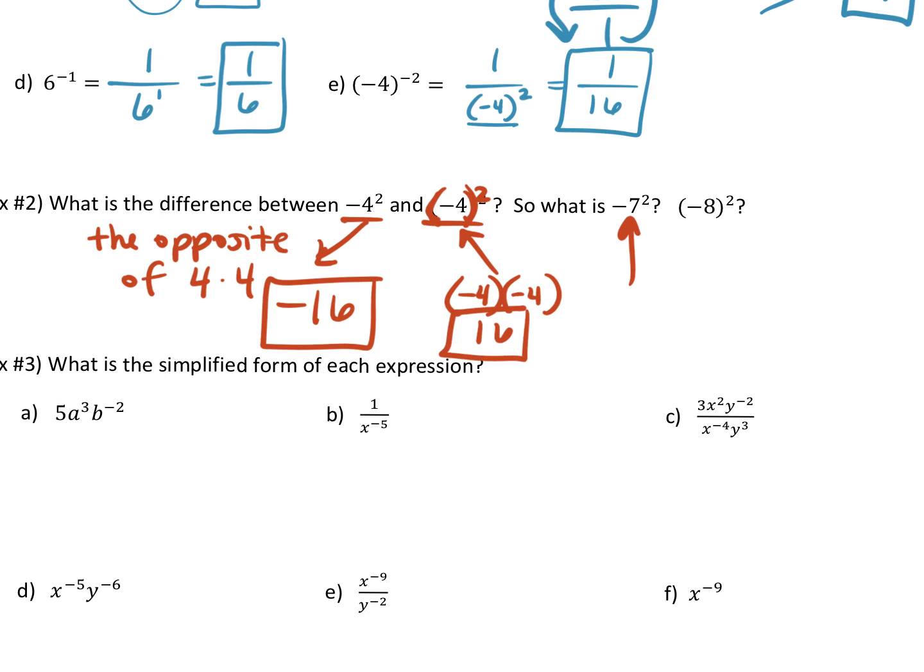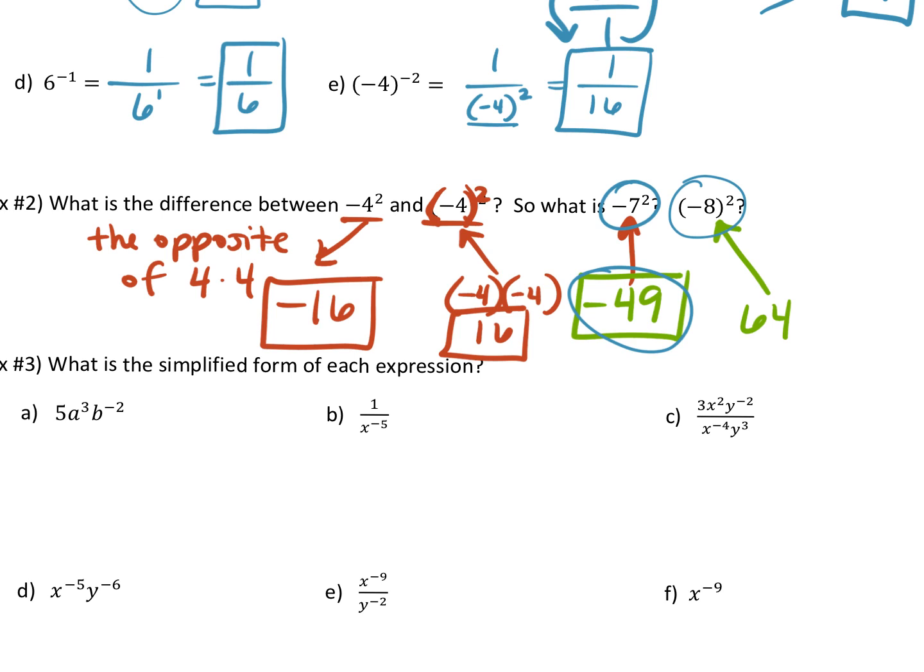-7 squared. -49. It is the opposite of 7 squared, so it's the opposite of 49. What does this one equal? A positive 64. It is -8 times -8, which if you plug that into your calculator, you get 64. Here's the thing, you guys. If you plug this into your calculator, it's going to tell you -49. If you plug this with parentheses into your calculator, it's going to tell you 64. So when in doubt, plug it into your calculator with or without your parentheses, whatever they tell you to do,